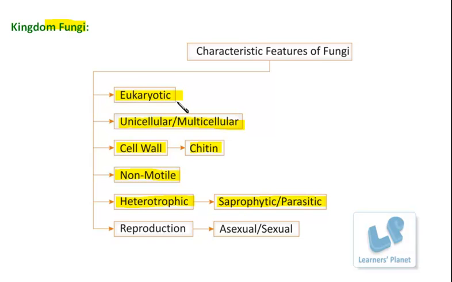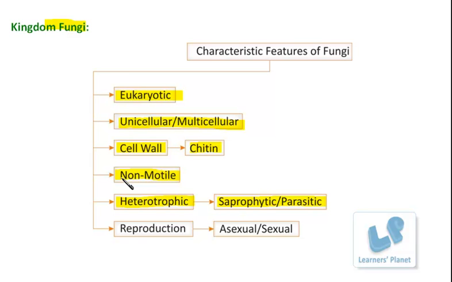Animal cells, although eukaryotic and multicellular, do not have a cell wall and are motile, right? So you can see that there are three similarities with the animal group: eukaryotic, multicellular and heterotrophic. Then eukaryotic, multicellular with cell wall, non-motile: this is the similarity with the plant. So now you can see the confusion, that this group should be placed in the Plantae group or in the Animalia. So to remove this confusion, a separate new kingdom was introduced, which was named